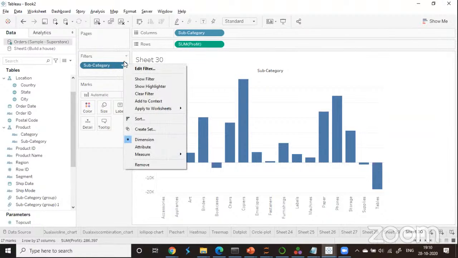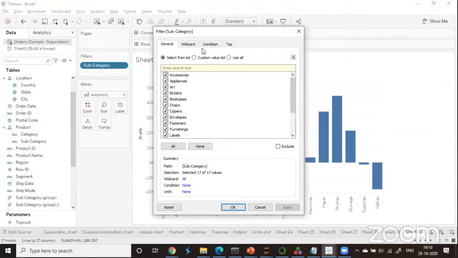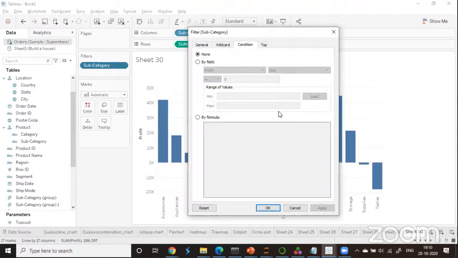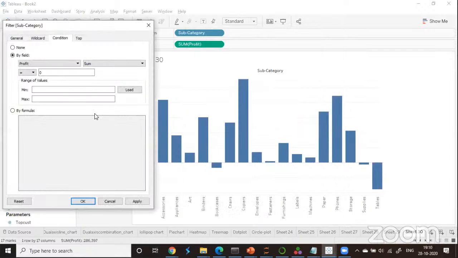So again, right click here and select edit filter. And then you go to condition option. So in condition option, I can select by field and I'm going to give one condition here. What is that condition? Give me only those subcategories whose profit value is less than 0. So I've selected profit here. I've selected my sum of profit here and less than 0. So when I click on apply, it is only going to give me those subcategories who are making negative profits. So click on apply